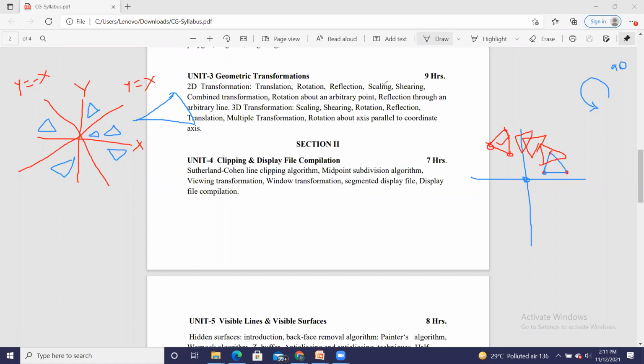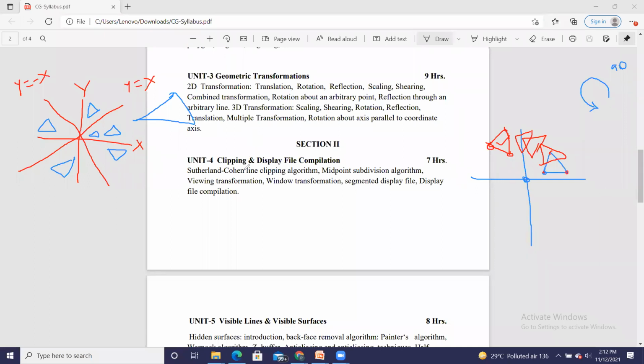Here one more term is present, called uniform and non-uniform scaling. Uniform means all the sides, all x and y coordinates are enlarged by the same factor, that means x is doubled, y is also doubled, then it is called uniform scaling. But it may happen that x becomes double and y becomes triple.